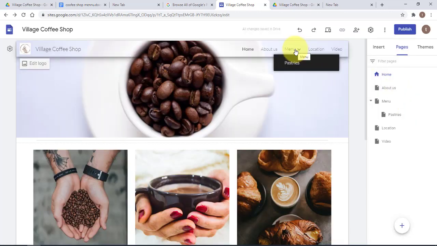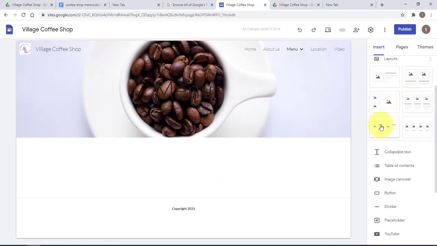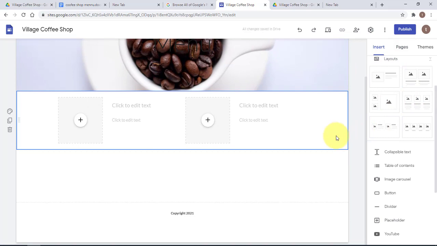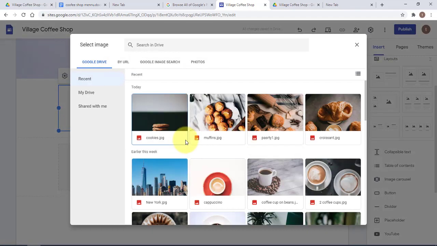So I'm going to click on the menu page, and I'm going to insert some pictures of coffee and pastries here. So I need a layout. I'm going to click on insert. I'm going to choose this. I am going to duplicate this entire section here. I'm going to click on the plus sign and select image